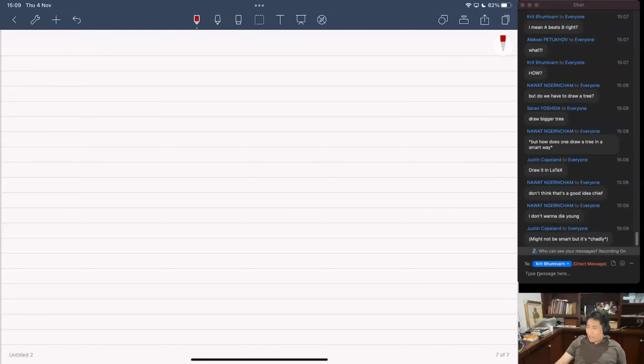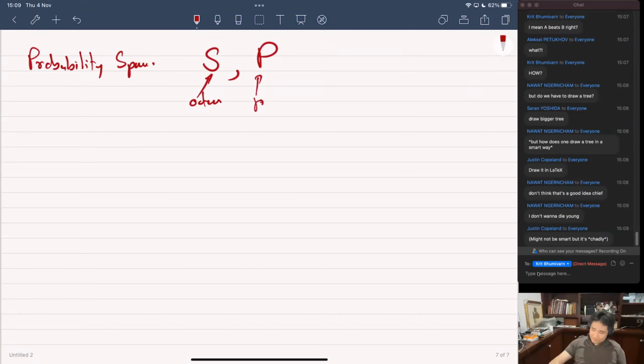Okay, so the next thing that I want to show you is the sample space, right? We learned the probability space. Remember, these are the sample space, the outcomes, and the probability function. So the next example that I want to show you is to show you that this sample space, what we have so far, is limited, is finite.